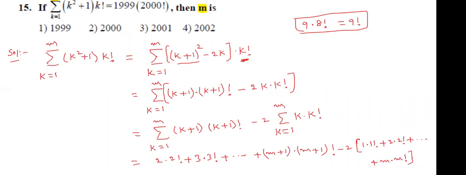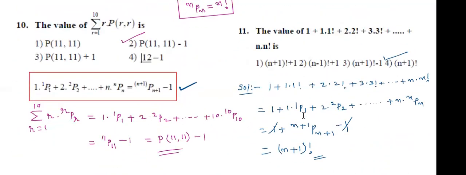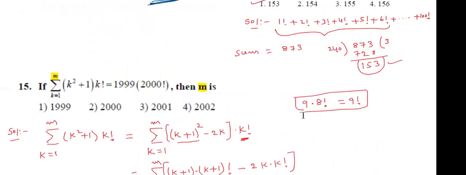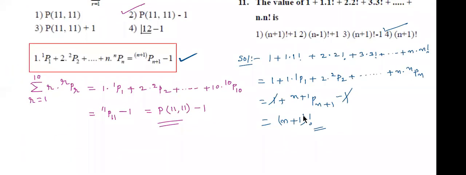Okay. Already you know the formula. This is the formula. The first term starts with 2 into 2 factorial up to here. This sum is how much? 1 into 1 factorial. This is 1p1. Send that side, then you will understand. Okay.